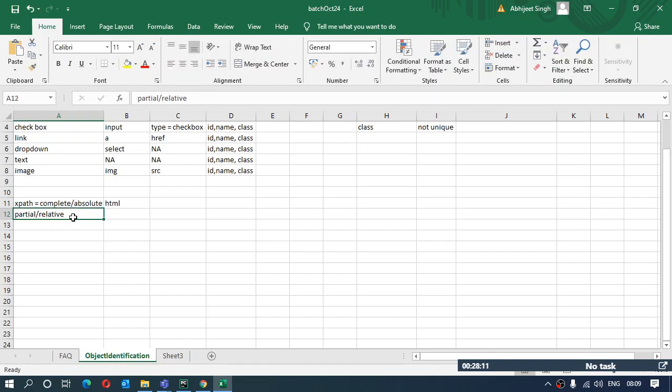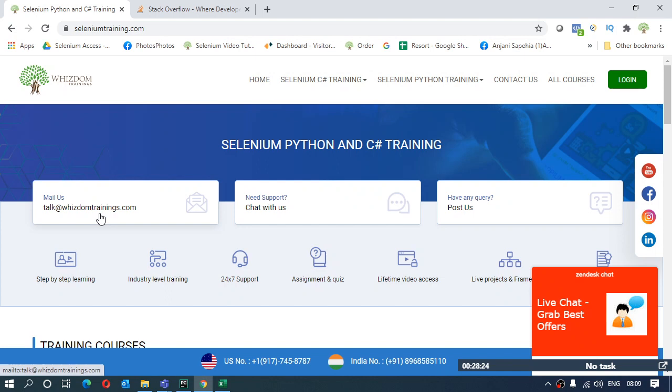Right. Now moving further to the next part, that is another type of XPath, which is partial or relative XPath. We discussed in the last class what complete XPath is and what the drawbacks of using it are. First of all, it starts from the root of the document, from the HTML tag, the very first tag. So we refrain from using it because in future we are prone to changes.